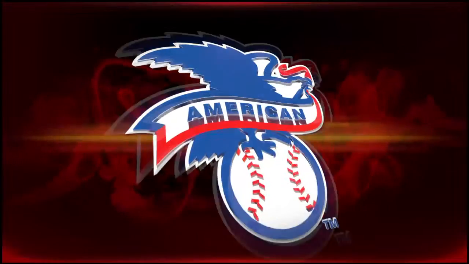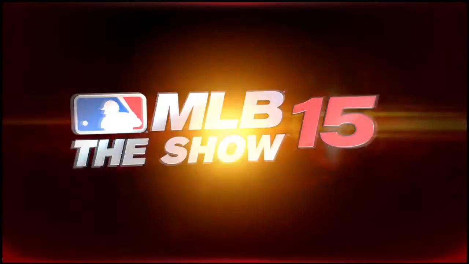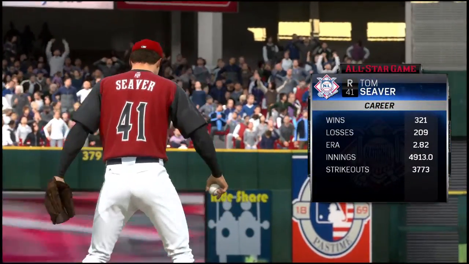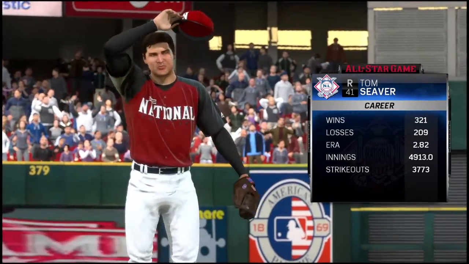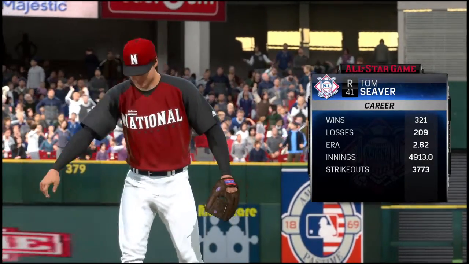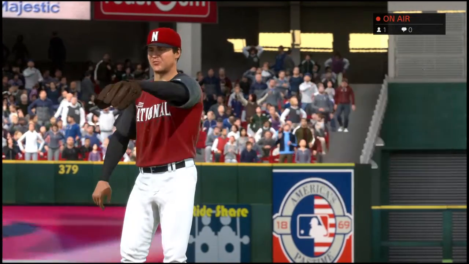More from the guys as this one goes along, but first, let's take a look at the starting lineup for the American League All-Stars, as Ned Yost has his guys lined up like this. They'll be opposed by the magnificent right-hander Tom Seaver. Seaver, an all-star in 12 of his 20 seasons, finished his great career with 311 victories and was inducted into the Hall in 1992.